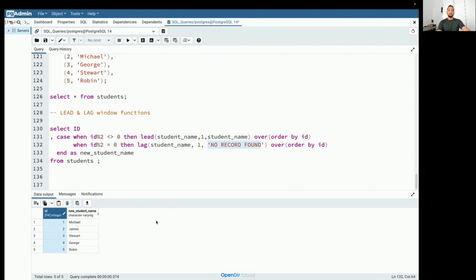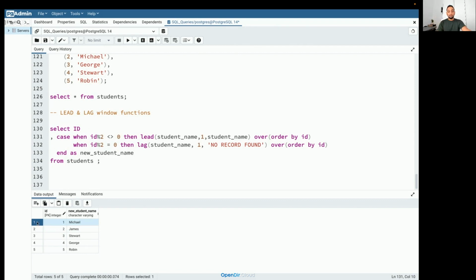Difference in using lead and lag. Okay, so Dolly, whenever we use lead, we fetch the data from the next record. We use lag to fetch the data from the previous record. This next record and previous record depend on the current record that SQL is processing. SQL is going to process your table one record at a time.